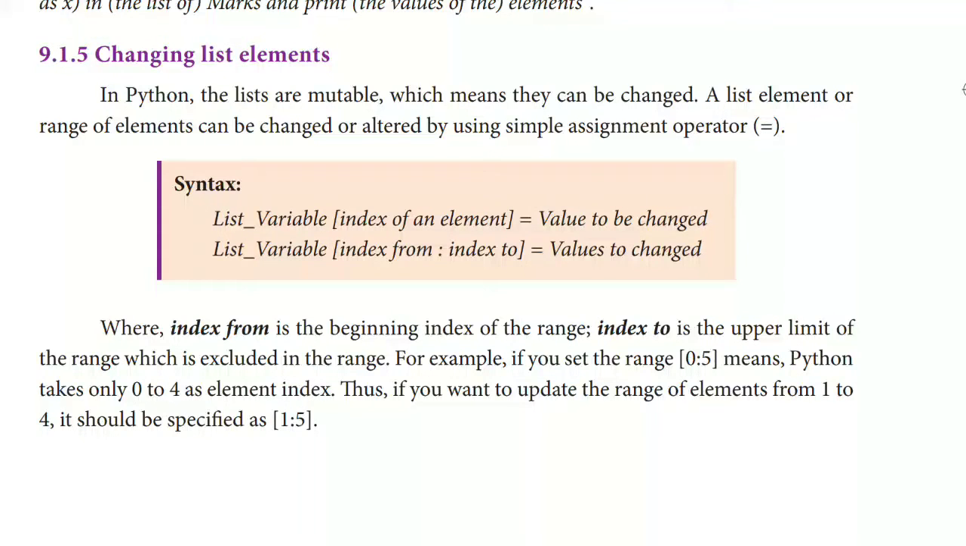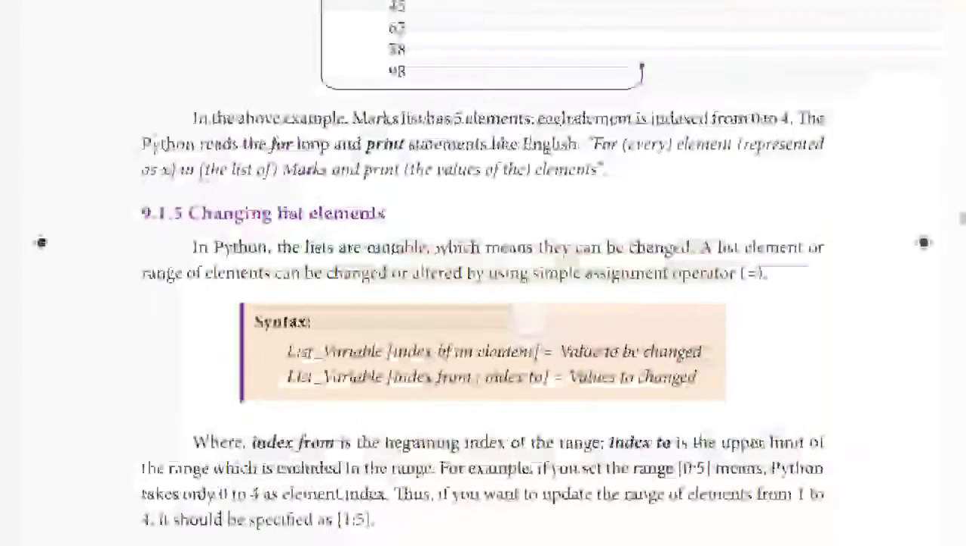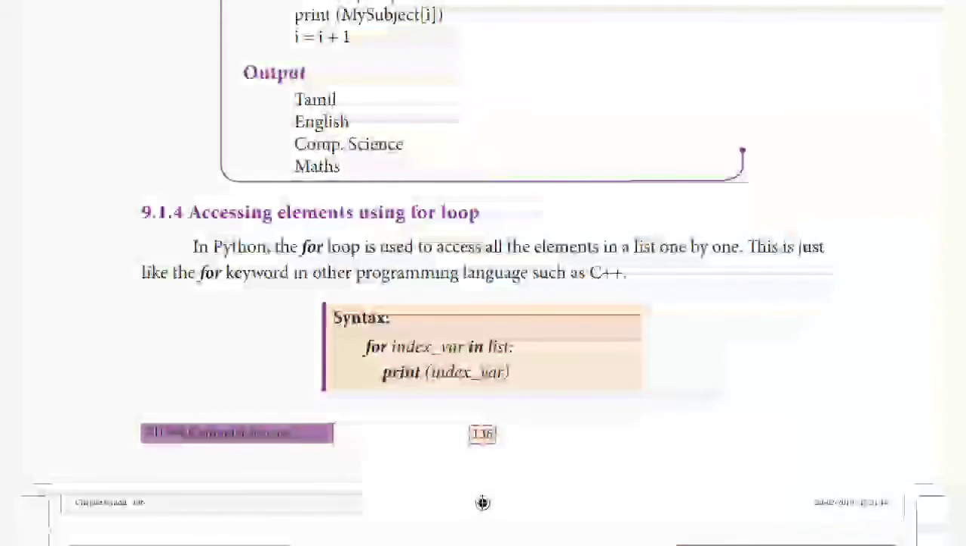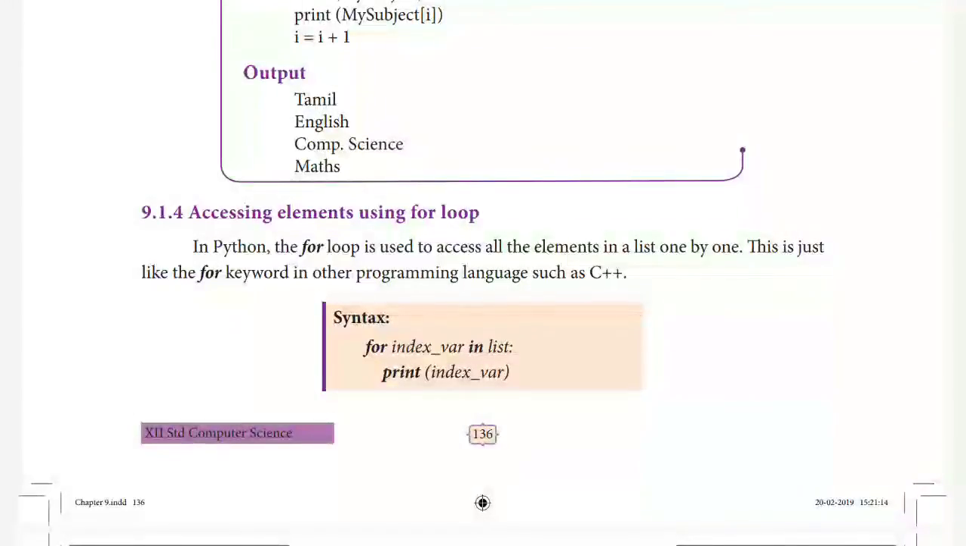Hello students, today we are going to see this topic, changing list elements. Before going into the topic, we'll just see a quick recap. In the previous class we have learned about accessing elements using a for loop